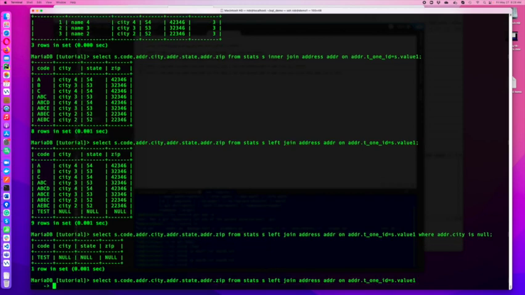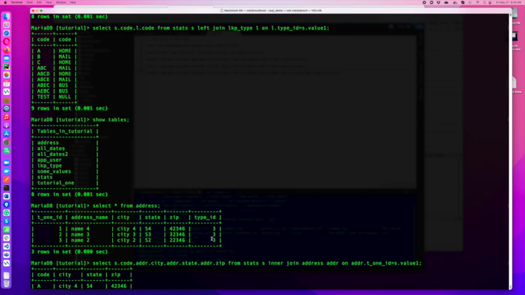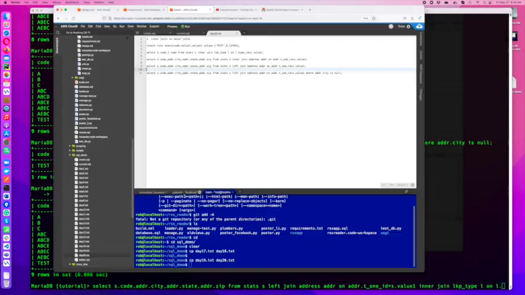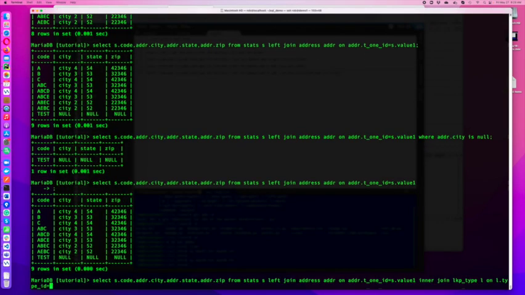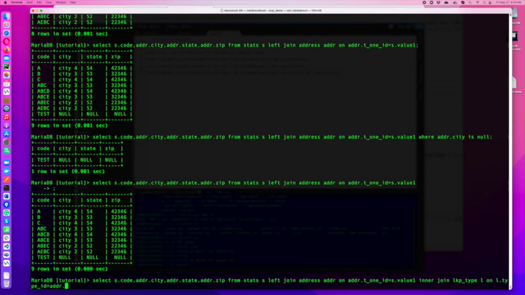So I could say here, so I've got my left join. With my left join, I've got tests, but I could say, hey, for all of these guys that have one, I want to get that lookup type. So I could even do there, I can say, now if I do inner join, what was that lookup type, L on L dot, what was that? L dot type ID equals, and if I do that in the actual address, which is going to be addr.type ID, I believe,